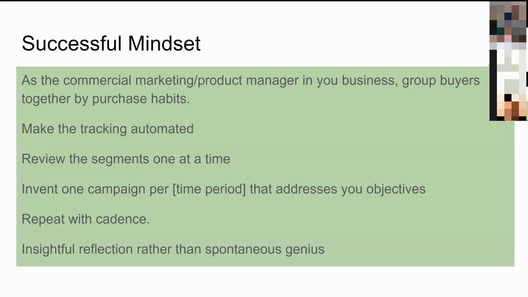Typically, if you have a product business and you go in the warehouse and you find a lot of stock that came in and you'd forgotten about it and it's filling up the warehouse, suddenly you come up with a great promotional idea to shift it, don't you? But rather than wait until the stock builds up, there are things that we can do more proactively to get that in place. So I think it's more insightful reflection rather than spontaneous genius. It'd be great if we were all spontaneous geniuses, but even then I can only be a spontaneous genius for a very short period of time in any 1 month.